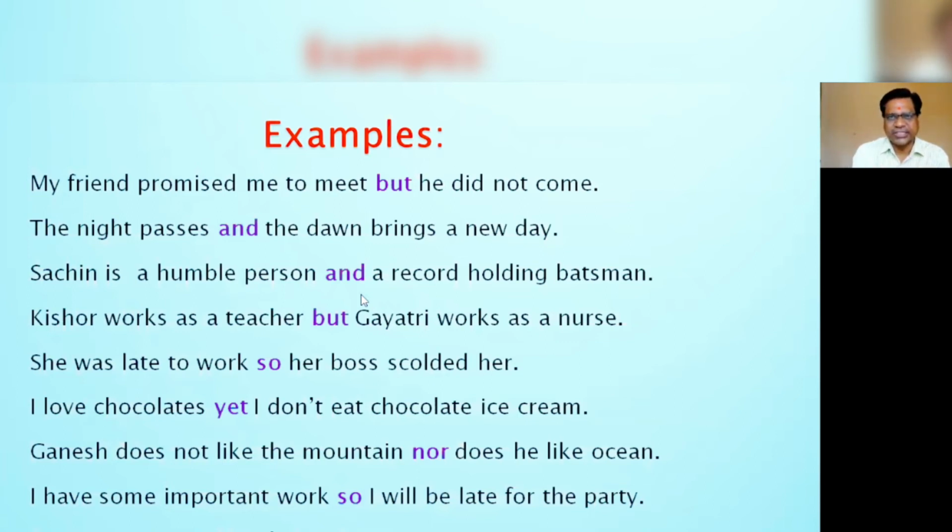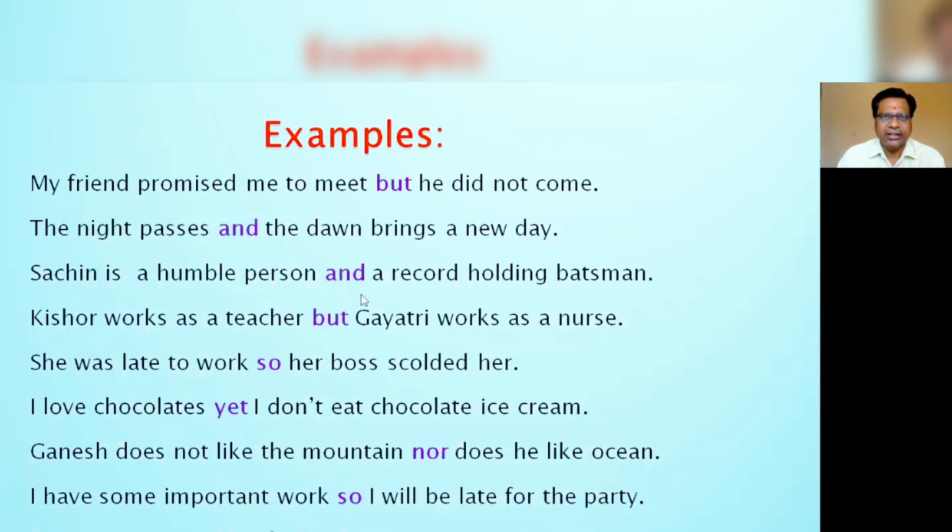But is a coordinating conjunction bringing two different independent clauses together. And that's why it is an example of a compound sentence. Let us look at another sentence here. Okay, let me focus on a few more things about the first sentence.